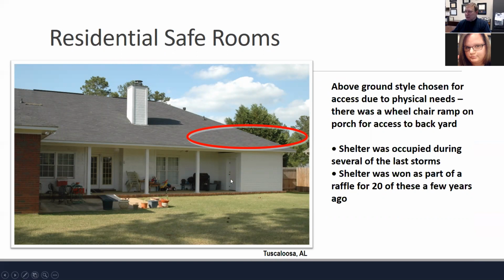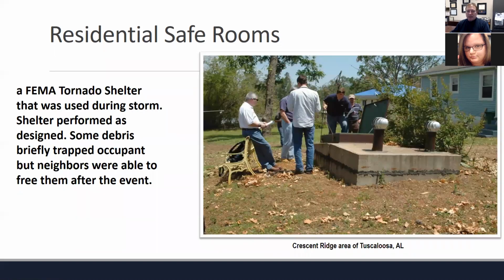And again, here are the 3 deadbolts on this room. Now, on the outside, it's clad with siding, just like the rest of the house. On the inside is concrete and steel. And then here's one other one. Some debris did briefly trap them in this safe room in the immediate aftermath of the storm. That's why I say, again, be sure you've got communication with you when you go into one of these. Although, if you survive it, you've got time to figure out how to get out of it.